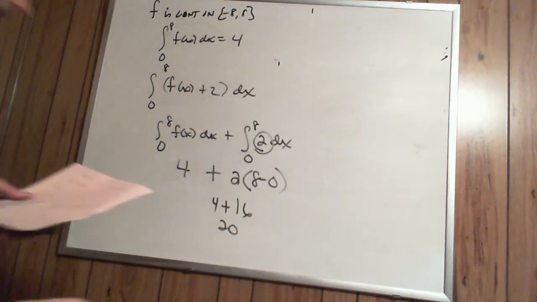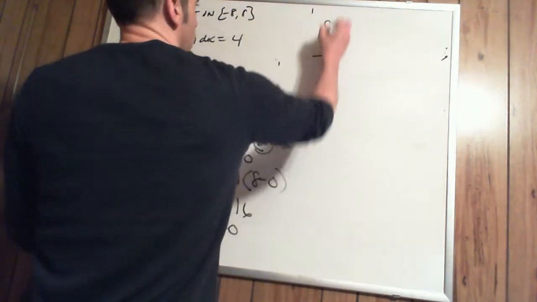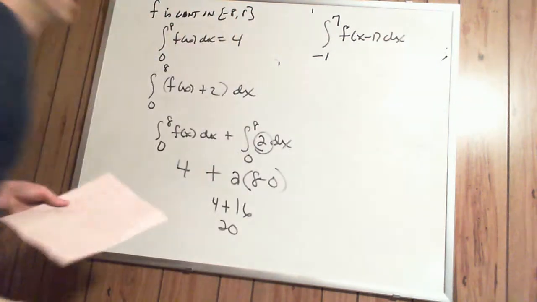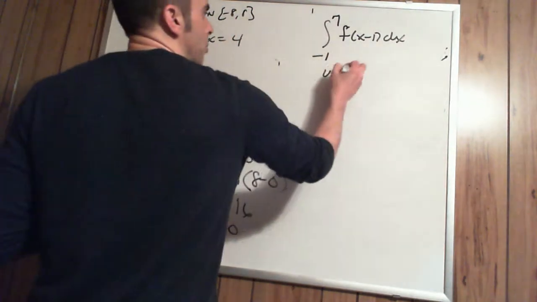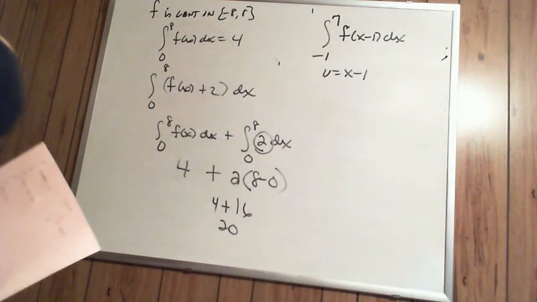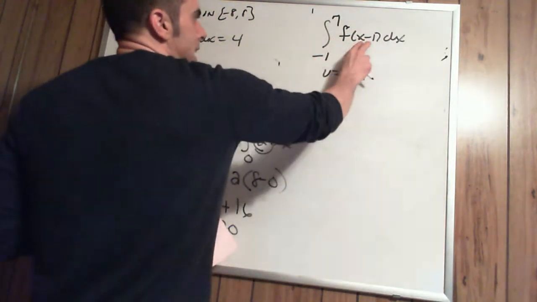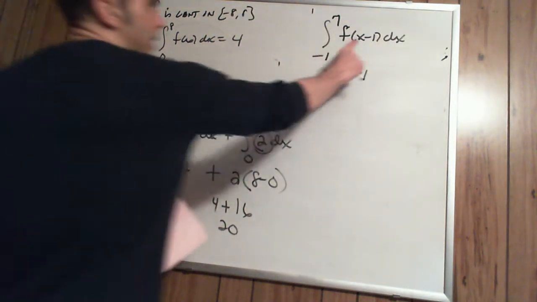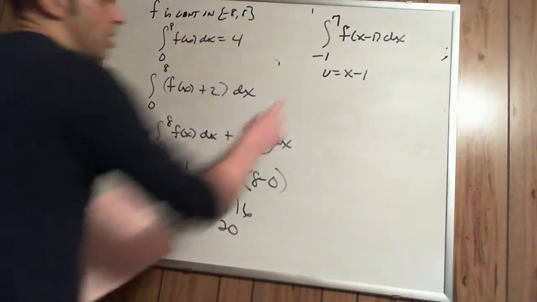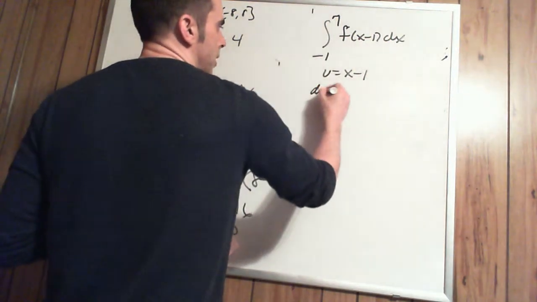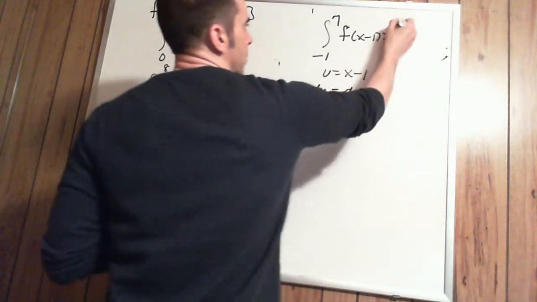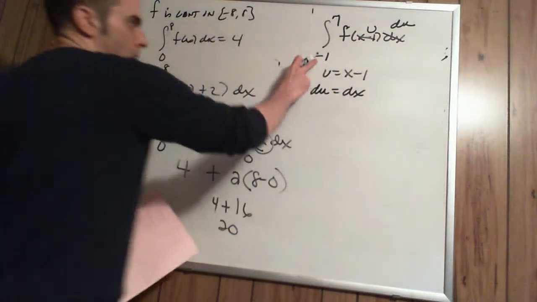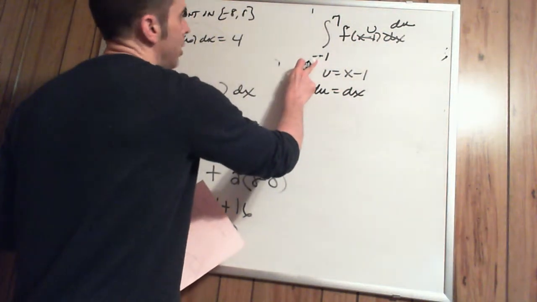Next, if we had the definite integral from negative 1 to 7 of f of x minus 1 dx. So then u would be equal to x minus 1. If you have anything going on the inside of the function, you're going to have to do u substitution. Something's going on the inside here, so you're going to have to do a u substitution. So u is equal to x minus 1, du is equal to dx. This becomes a du, this becomes your u. Now these limits have to change because these are in terms of x's. So then now this would become,